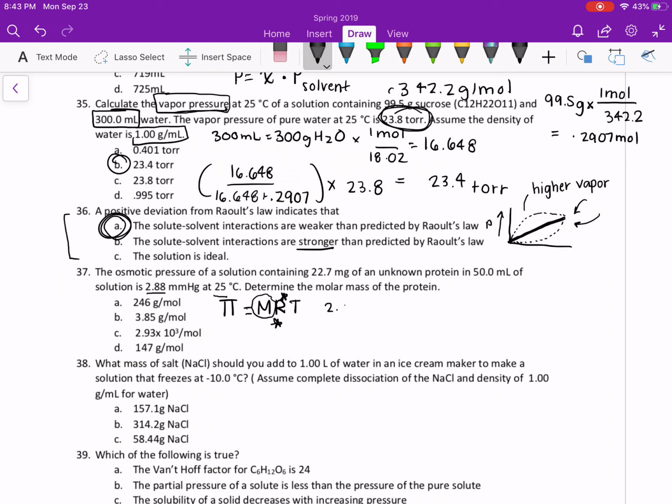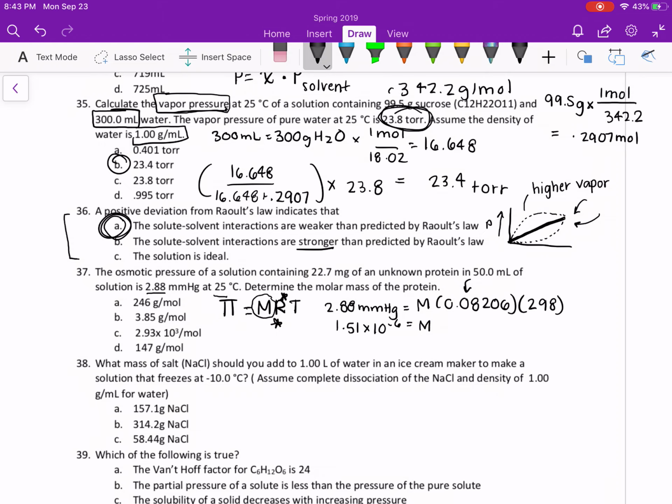So I would write my 2.88 millimeters mercury equals M, and then R, which is 0.800826, times T, which is going to be, we're going to put it in kelvins because that's what this dictates. So it's going to be 25 plus 273, which is 298. So you should get a molarity of 1.51 times 10 to the negative 6,